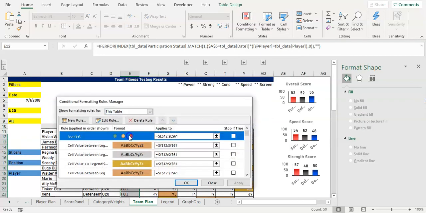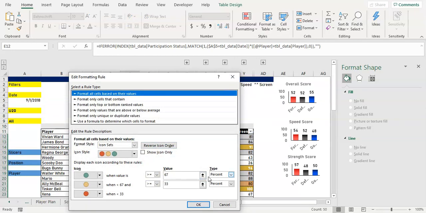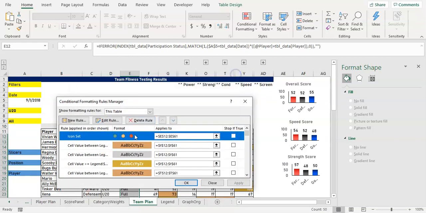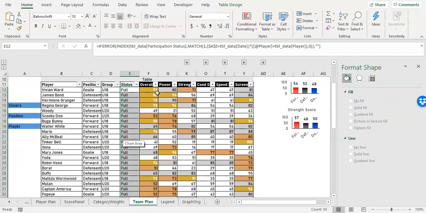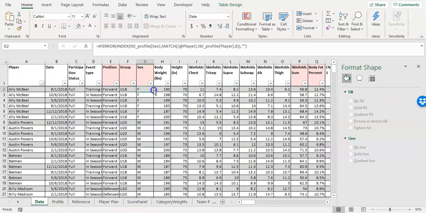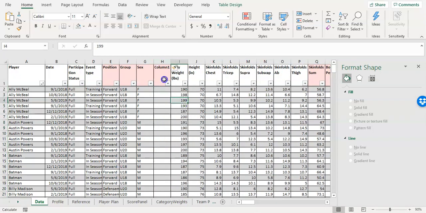Manage the rules and the conditional formatting. I wonder if I can just say value. No, probably not. I don't know if they're going to work with text. So yeah, just in case we want to use icons, let's create something in our data set here where we have position, group, text, we have the participation status, maybe there's another column. Adding it here, I should add it at the end. And let's just call this participation